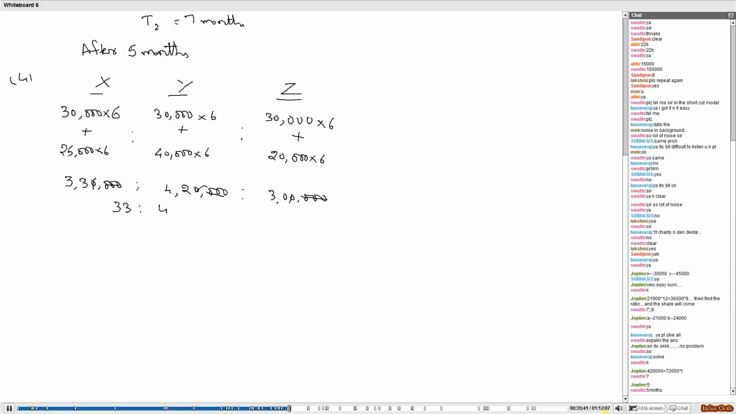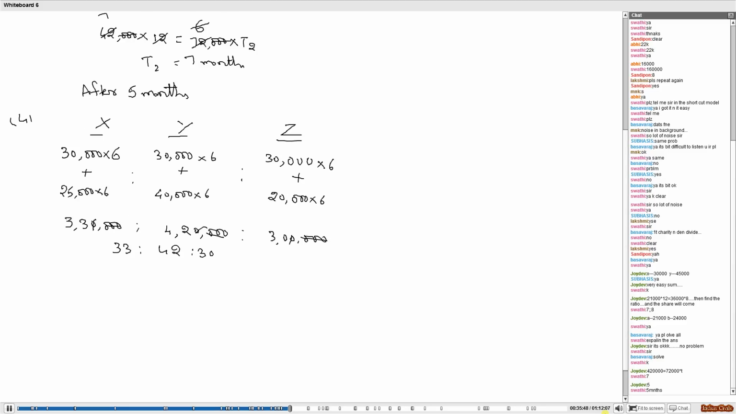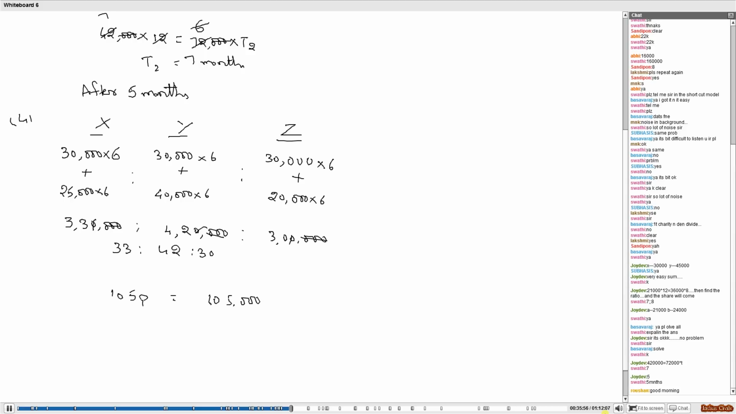Only we can say that 33 is to 42 is to 30. So he said the profit is, the total is 105. He said the profit is 1 lakh 5,000. Simple. One part is equal to